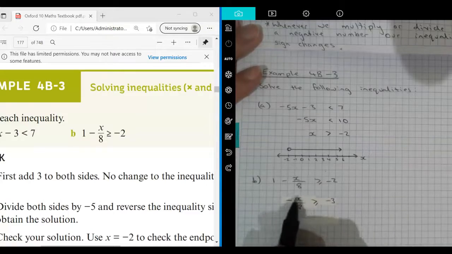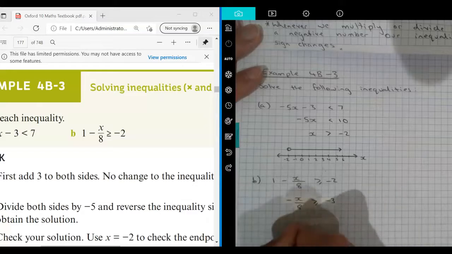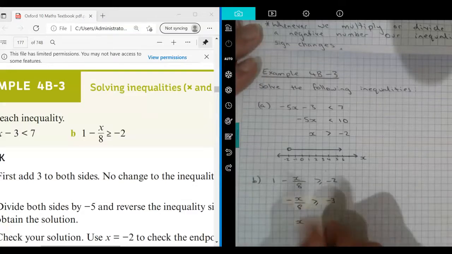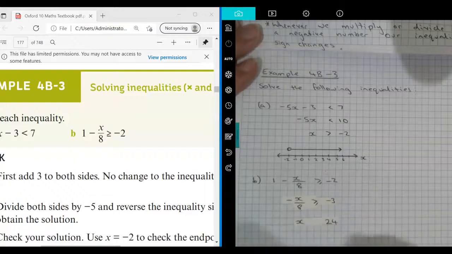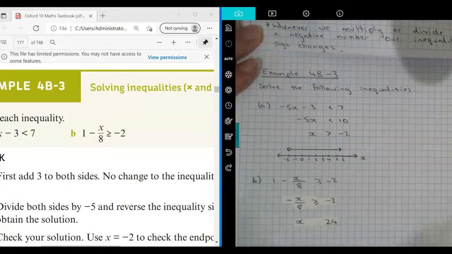Now, to get this x by itself, if I multiply this side by minus 8 and this side by minus 8, it will make this positive x, so I'll be left with x. And if I multiply this by minus 8, it's going to become positive 24. But remember, I've just multiplied both sides by a negative number, therefore my inequality sign must change. So x is represented by all values less than or equal